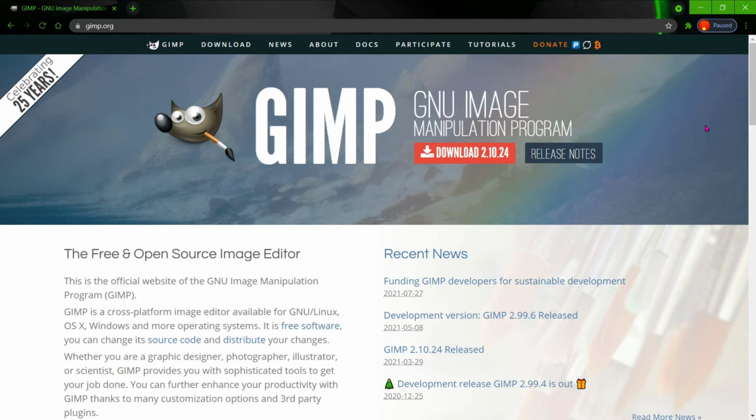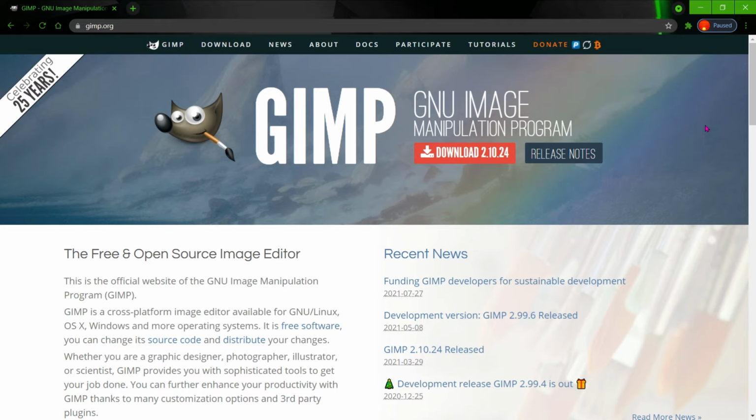And we will see in the coming tutorials the use of color, channels, layers. There are a lot of tools available. So this is the use of GIMP.